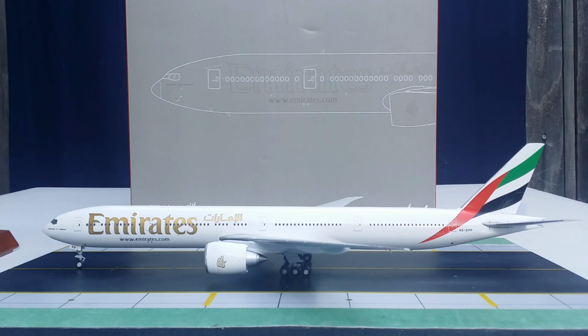Cebu, Chennai, Chicago O'Hare, Clark via Cebu, Colombo, Conakry, Dakar via Conakry, Dhaka, Dallas Fort Worth, Dammam, Dar es Salaam, Delhi, Denpasar, Doha, Dublin, Dusseldorf, Durban, Entebbe, Frankfurt, Geneva, Glasgow, Hamburg, Harare via Lusaka, Ho Chi Minh City, Hanoi, Hong Kong, Houston Bush Intercontinental, Hyderabad, Islamabad, Istanbul, Jakarta, Jeddah, Johannesburg, Kabul, Karachi, Khartoum, Kochi, Kuala Lumpur, Kuwait, Lagos, Larnaca, Lahore,